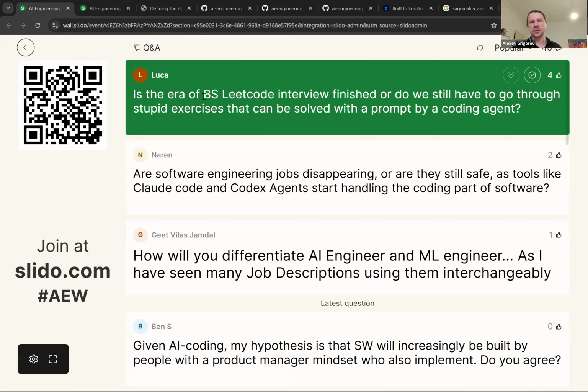You still, in many cases, will need to go through these BS leetcode interviews. Some companies allow using coding agents. Some companies don't allow using coding agents. But there is a trend that some companies say, "Hey, you can use whatever tool you want, but please explain to me what you're going to do. This is the task you need to do, but walk me through the solution, right?" So this is the kind of interview that appears more and more often. But still, in some cases, you'll have the classical whiteboard interview where you need to rotate a linked list or something, right?